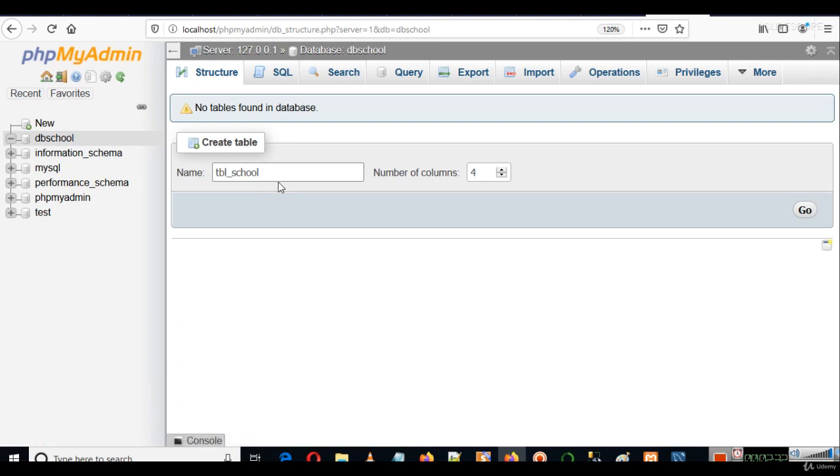We can write underscore also. We can use a space, but you should avoid using a space in table names. Use an underscore instead. So TBL underscore school is the name of our table here, and we have 4